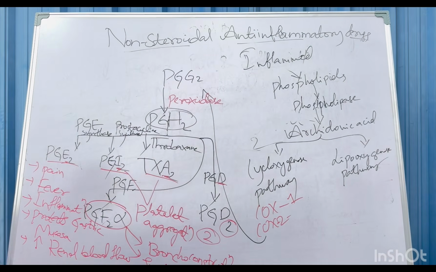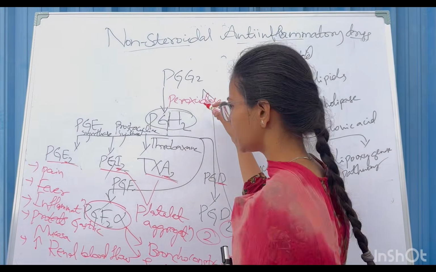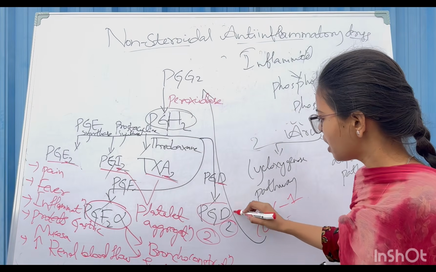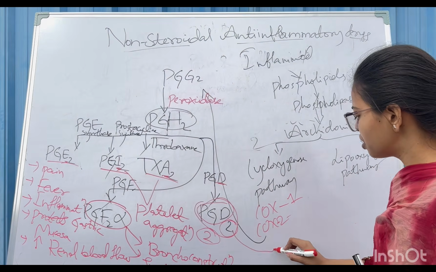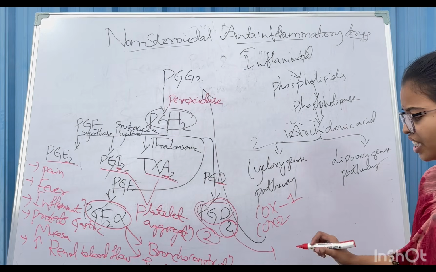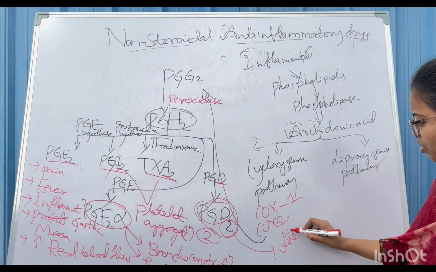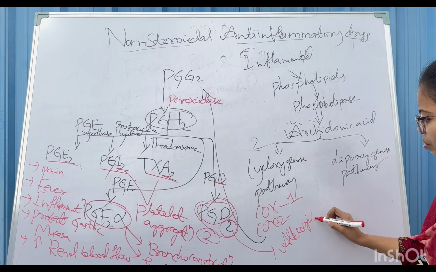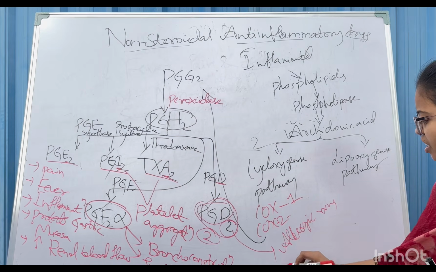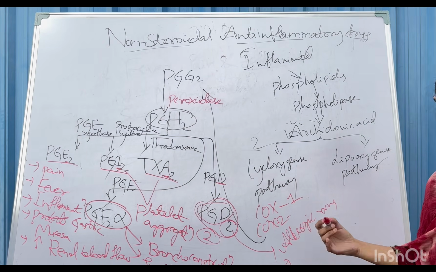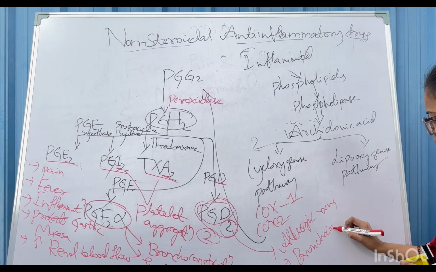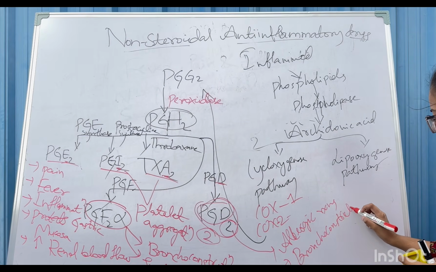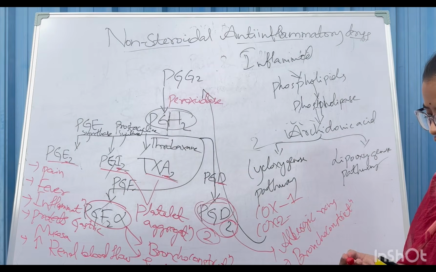And the last substance formed from PGH₂, prostaglandin H₂, is PGD₂. What are the functions of PGD₂? It is involved in allergic reactions, so it produces allergic-type reactions, and also bronchoconstriction. Okay, so these are the effects when the